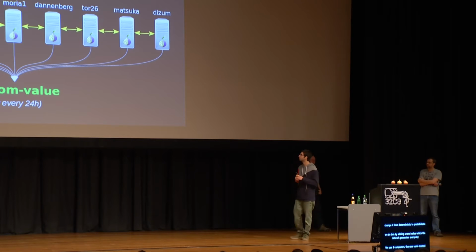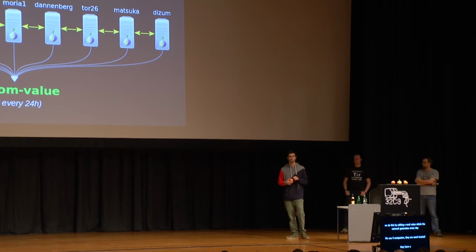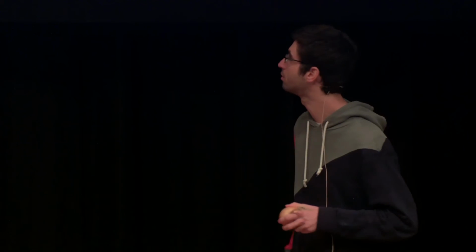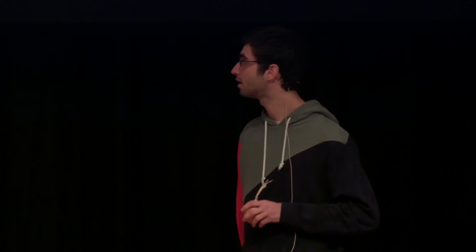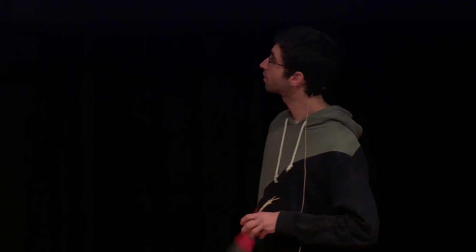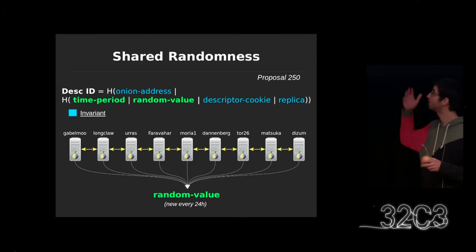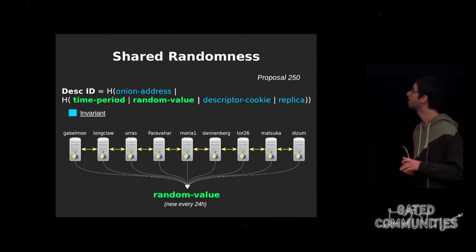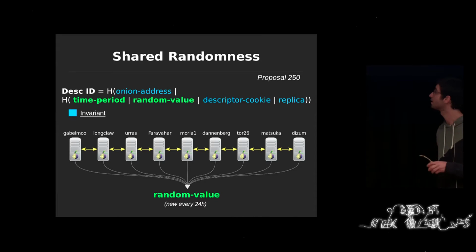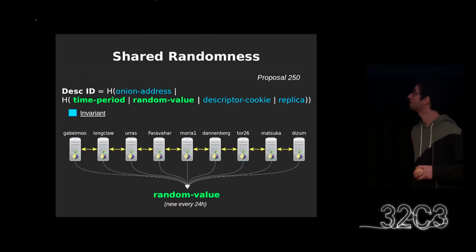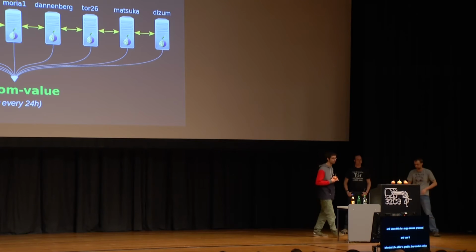It's not something new. It uses a commit and reveal protocol, which is a way to do a sort of distributed random number generation. And then every day they make this random value, they put it in the consensus, and then hidden services and hidden service users take the random value from the consensus, plug it into that formula, and use it. And since this is a supposedly secure protocol, I shouldn't be able to predict what the random value is going to be in 2 months. Hence, I cannot go and inject myself into that position in the database, basically. And this is the way we fix this problem.